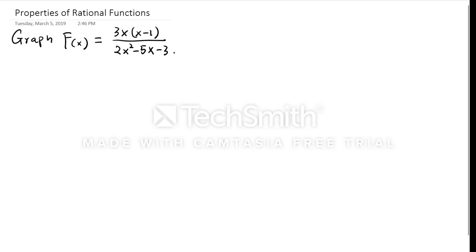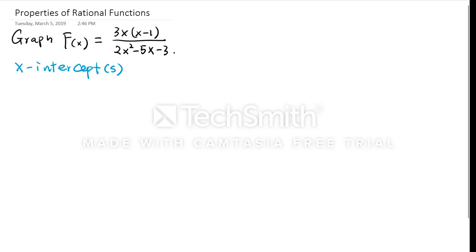In this video, we will explain how to graph this function f of x equals 3x times x minus 1 over 2x squared minus 5x minus 3. So we will start from finding the x and y intercepts. So, x-intercepts,